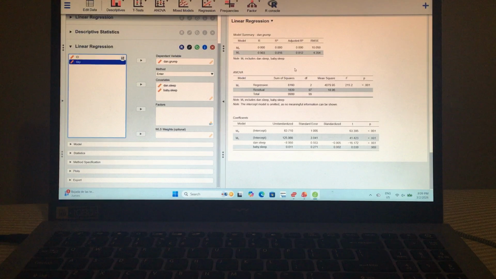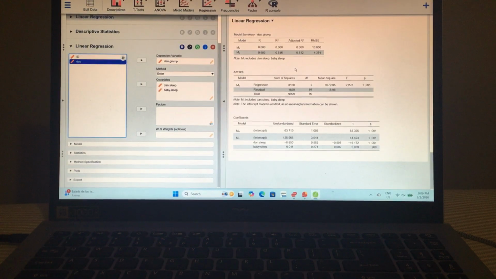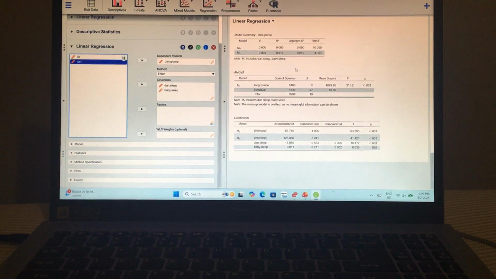These results are statistically significant. There is evidence that this model can be used to predict grumpiness in the population. If you're reading a research article, you might see the F-test statistic also reported, along with degrees of freedom and the p-value. So to write that in APA style, the common format would be F and then parentheses 2, 97,